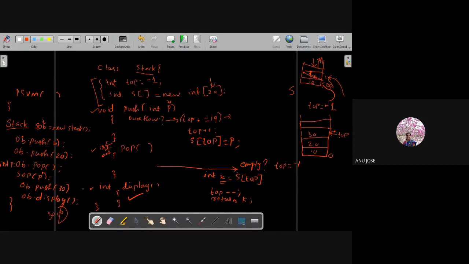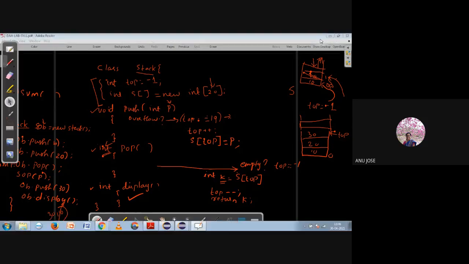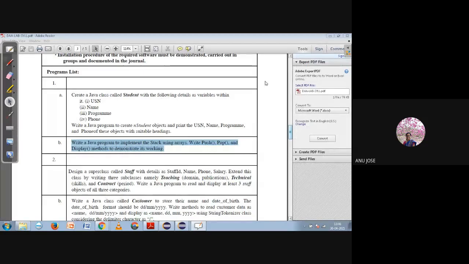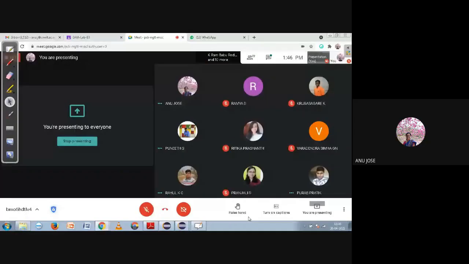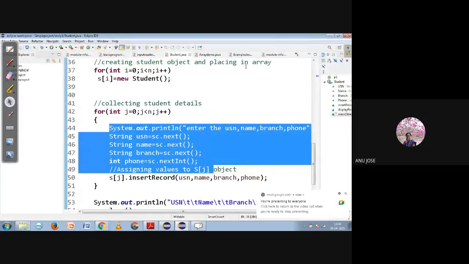In the remaining time you can execute the code and display the same, and submit the screenshot of your program. The output screenshot you can submit in the Google Classroom. I will post an assignment now in the Google Classroom. One week's time will be provided, so before that you can submit it. It was the stack operation, I think.